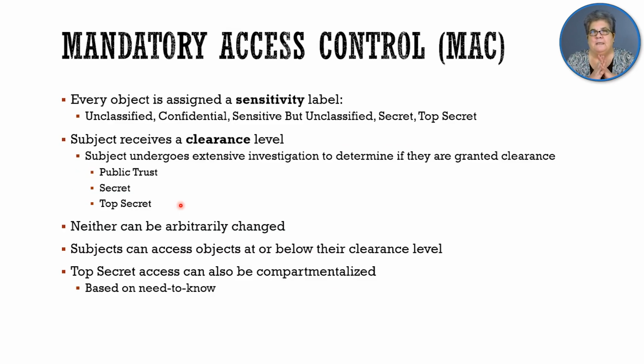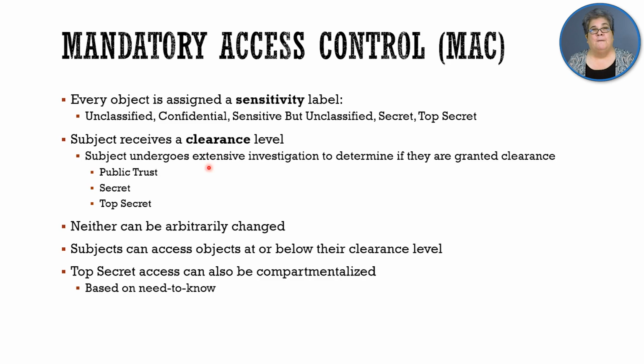Now we have different kinds of access control. There's mandatory and discretionary, and there are a few others. In mandatory access control, we use this in government and in the military. You have people called subjects. You have things, resources, called objects. Every object is given a sensitivity label, like it's unclassified or confidential, or sensitive but unclassified, secret, top secret. And then the subjects, which are usually people, but they could also be processes and systems, they're given a clearance